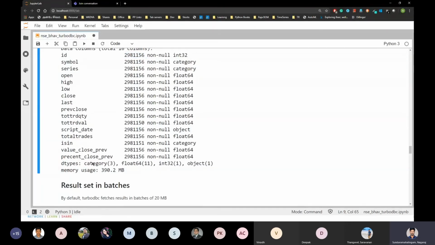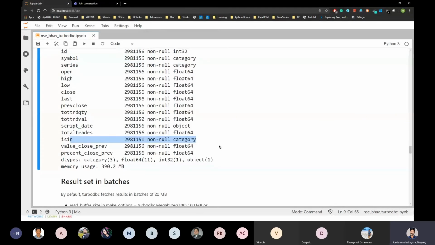See here, it converts these values to category because the symbol is a repetitive one. It gives a numerical value for each type, each symbol, and the same for series and ISIN.